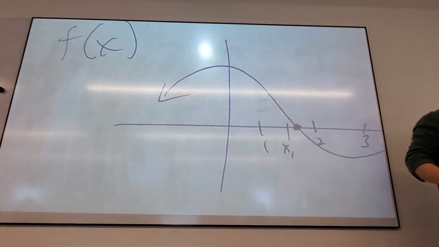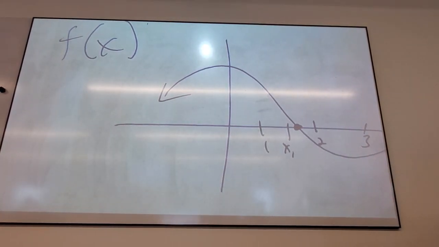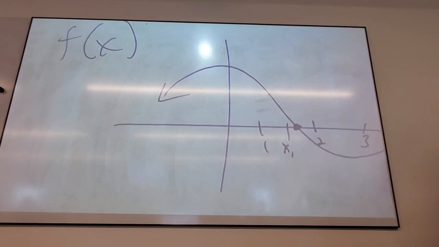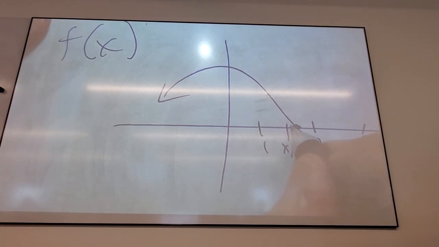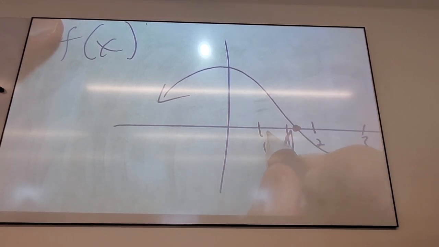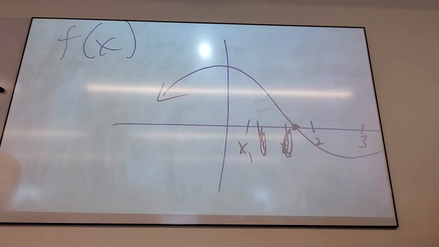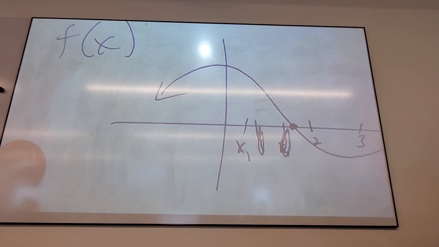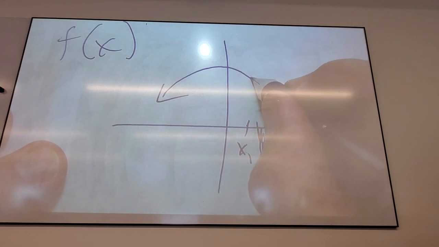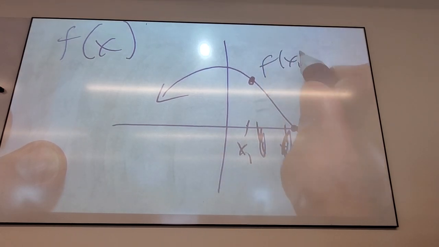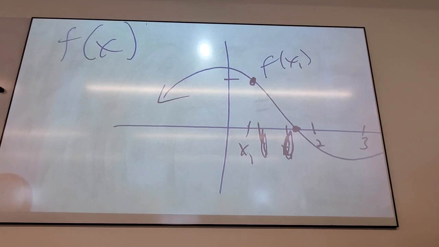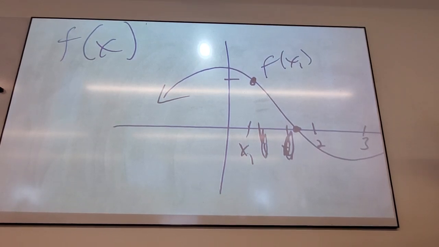You with me? Now this process is really cool. Let me make this a little more extreme, okay? Let's say that I really suck at guessing, and I'm going to guess this, just to make it a little easier to see what's happening. So my guess is that. So my output is here, yes? For that guess. If I find the tangent line to that curve that goes through that point,